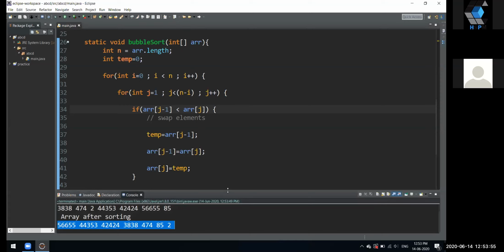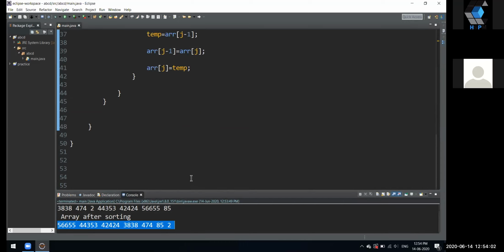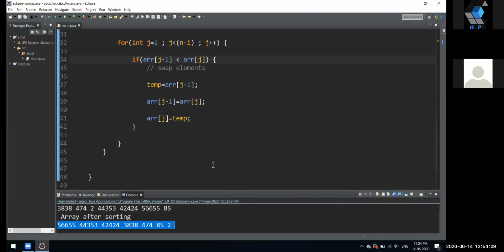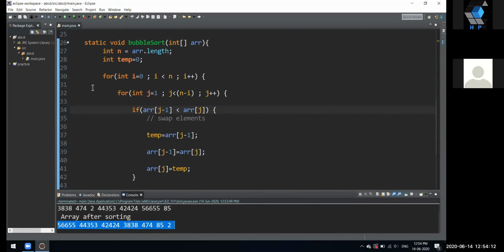You give it any array, and it will just swap elements according to their position, and it will give you a sorted array. Okay, so I'll tell you what the logic behind this is, how we built this function. What we did is we passed it an array first. I told you array.length we have to pass so that we get the length of that array. Temp is just a temporary variable which we'll be using for swapping the two variables.